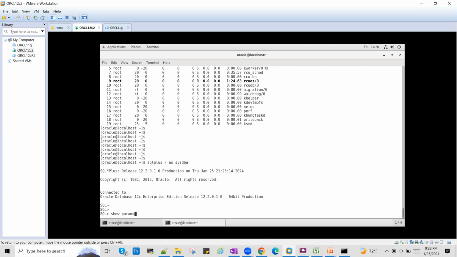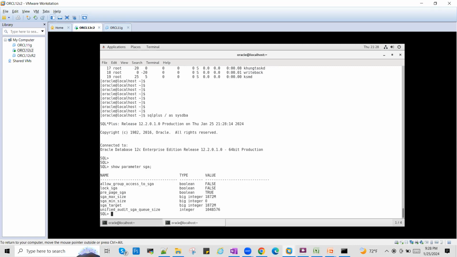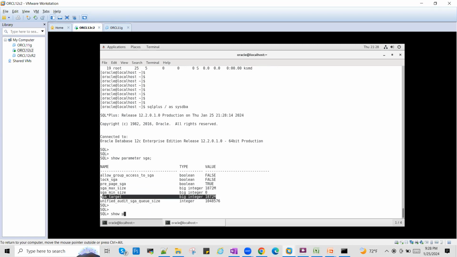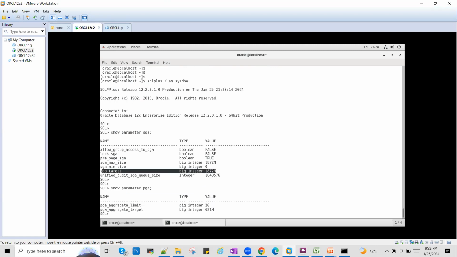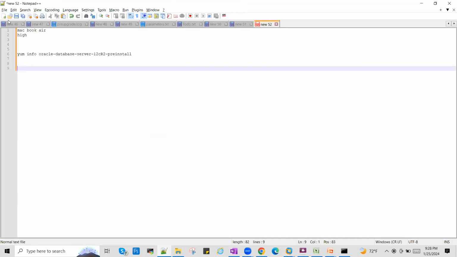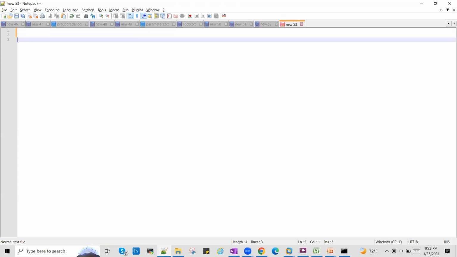Show parameter SGA. So this is my SGA size, SGA max size and SGA target. And we have show parameter PGA. So this is PGA aggregate limit and PGA target. So just to make it clear for you guys, for the memory part,